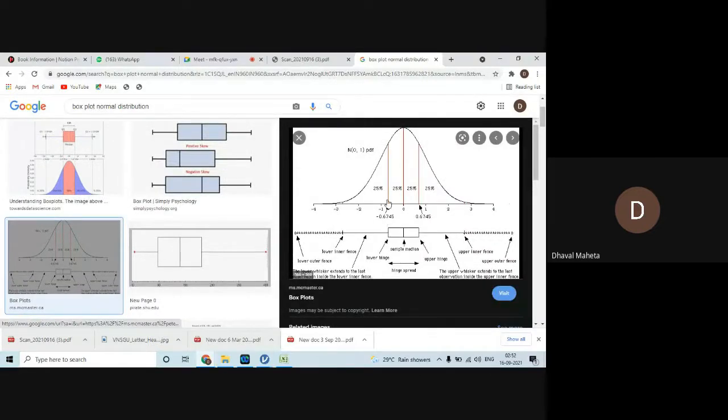When you connect the first quartile and the third quartile, and you create the box like this, and when you draw the fencing at plus or minus 3 sigma, it is just another way of representing the chart.